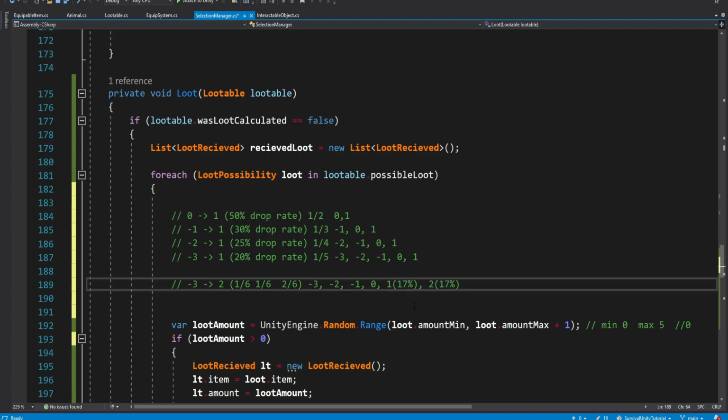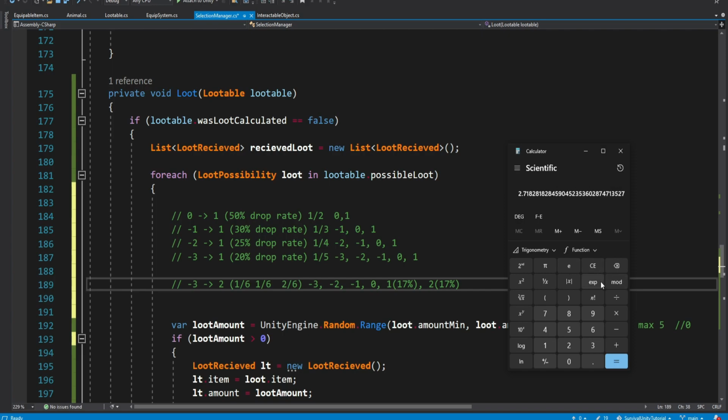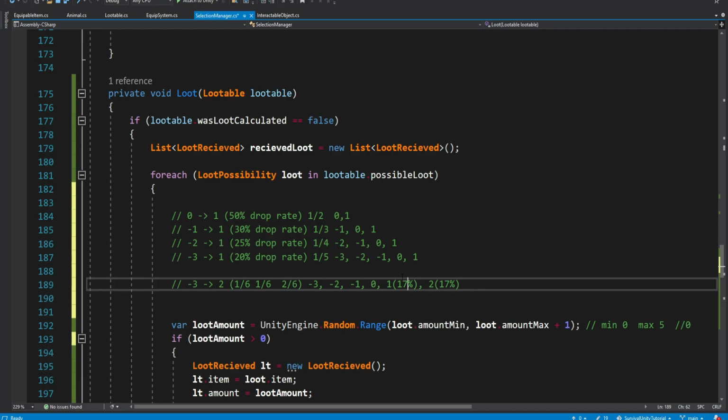This is also 17%. But if we want to get something at all, then we simply add this up. So it's 2 divided by 6, so 2 out of 6 multiplied by 100. So we have a 33% chance to get something at all. So it may be 1, it may be 2. So we have a 33% chance